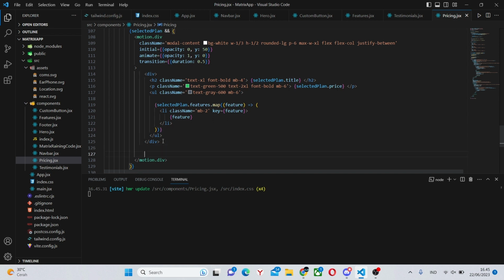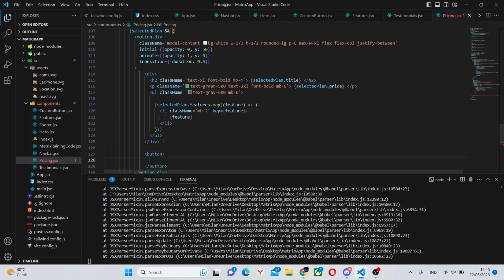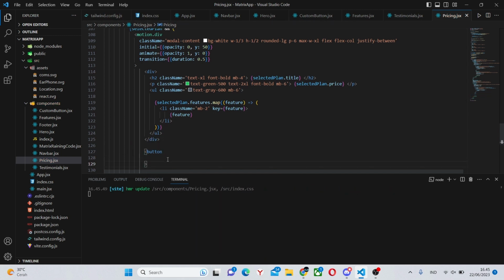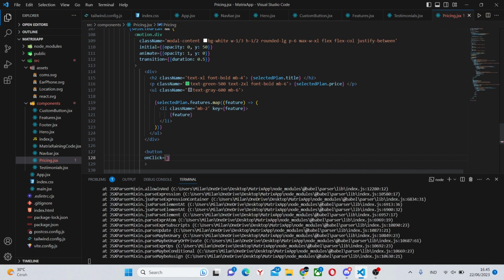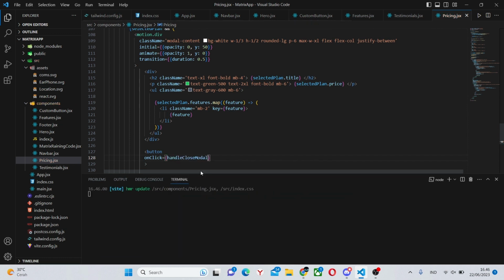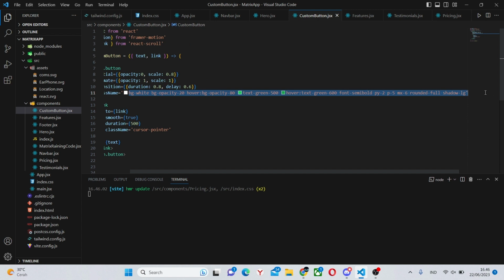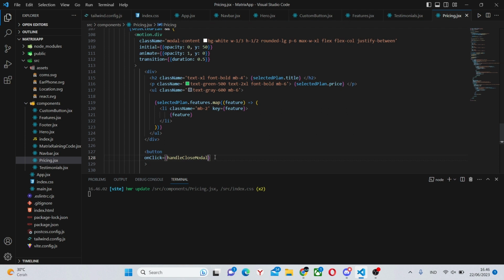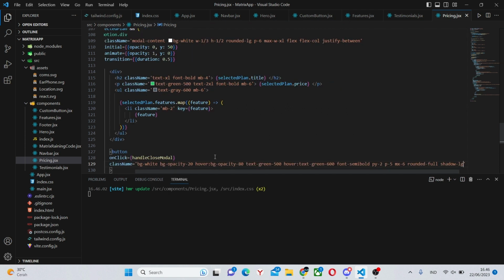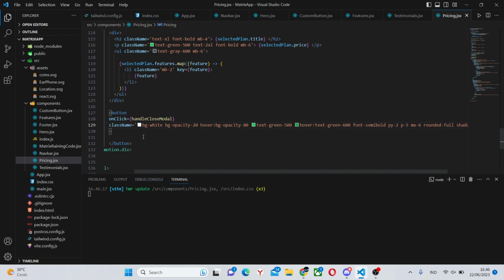So we can go above this motion div and say button. onClick and handleCloseModal. Next, I'll simply copy these styles from the custom button as I didn't add a handleClick in it, but it doesn't matter. We can simply finish it like this and add a className of this. And simply going to say close.